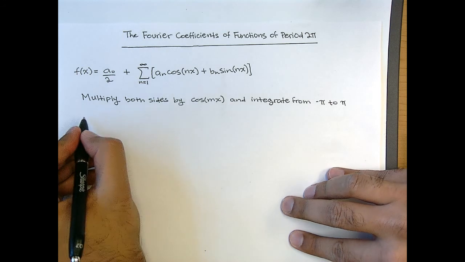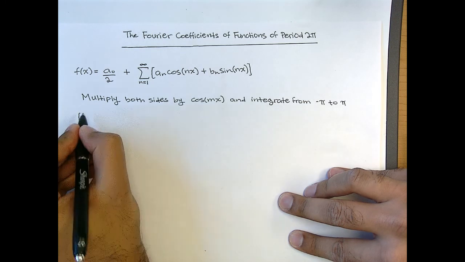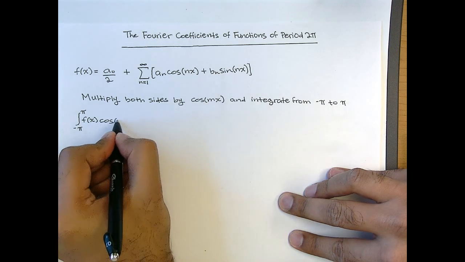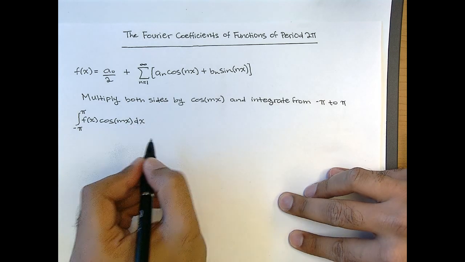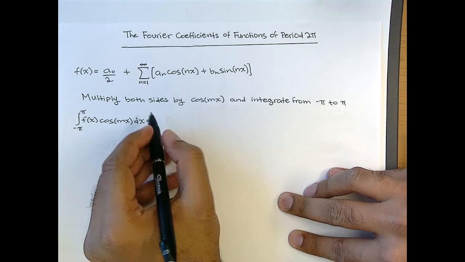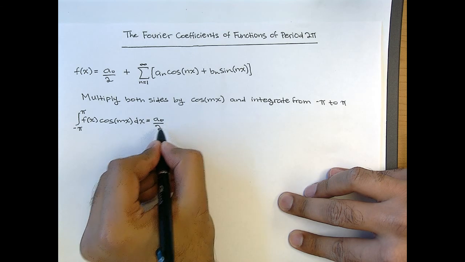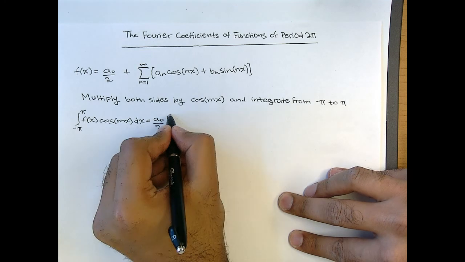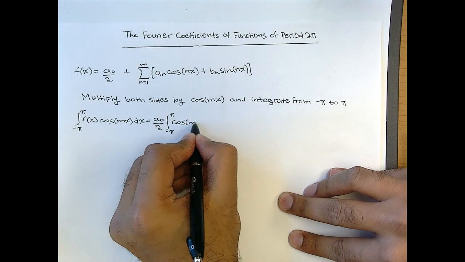Okay, so if you multiply the left-hand side and integrate from negative pi to pi, what we get is the integral from negative pi to pi of f of x cosine of mx dx. And that is going to equal a0 divided by 2, which is just a constant, times the integral from negative pi to pi of cosine of mx dx,